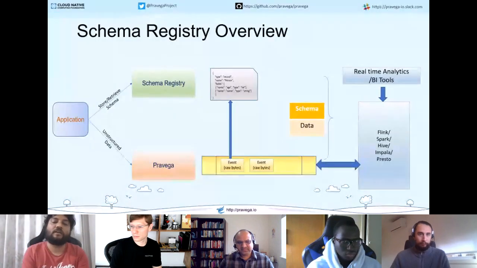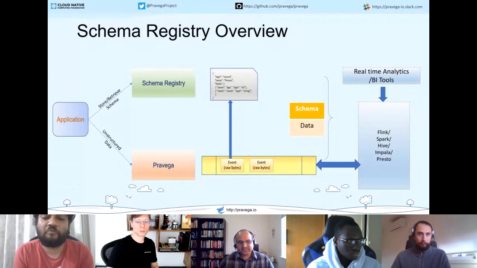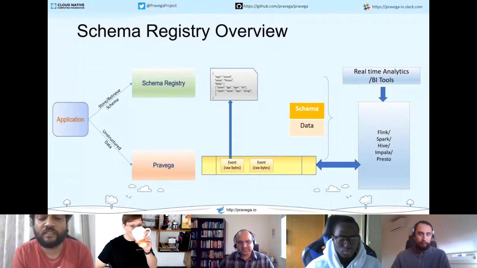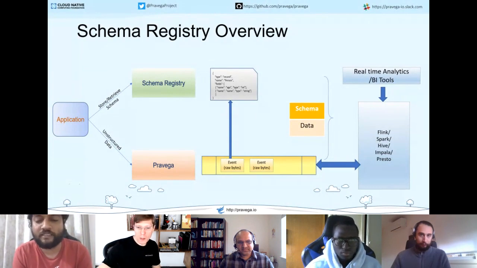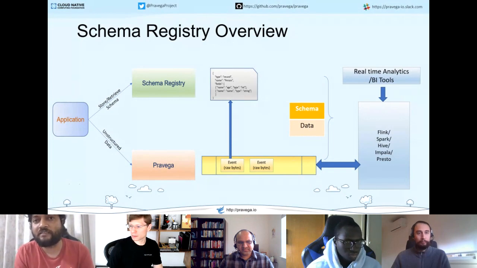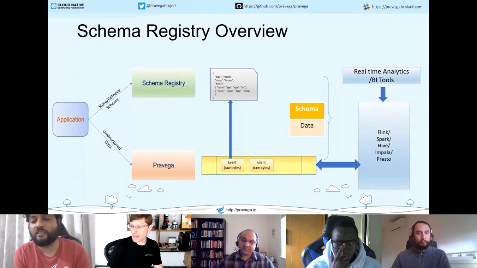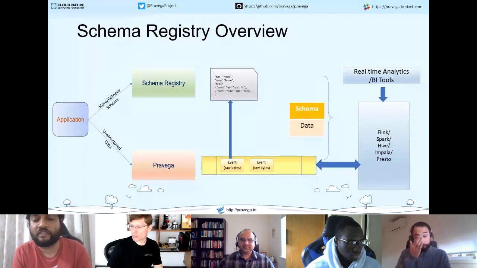So to start with, the motivation for us building the Schema Registry is essentially that Pravega is an unstructured storage. It doesn't impose any structure on the data. It ingests raw bytes, and delivers raw bytes back to the application reader, right? So the writers serialize the raw bytes, and the readers deserialize it. They need to know the structure of the data that has been written to make sense of it. This works well for most applications where you actually have baked in the structure or the schema of the data that's going in, and you know how to make sense of it.